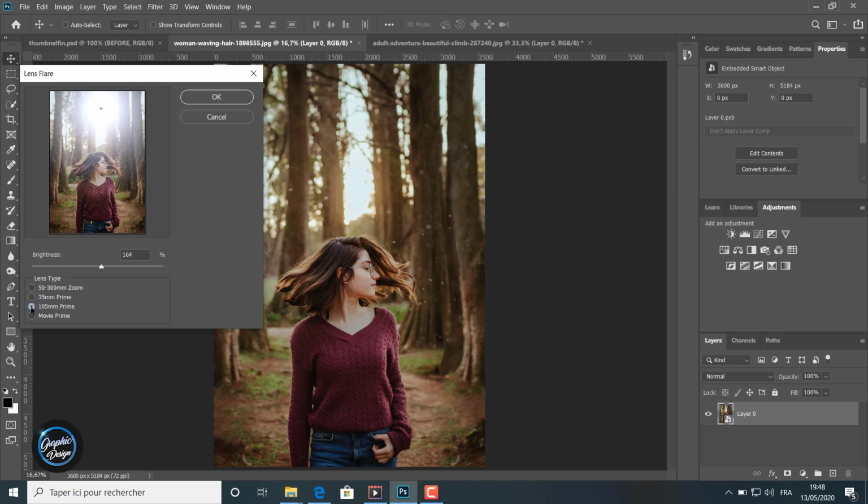We can change also. We have here 4 kinds of lens flare we can choose from. We change the form of the lens flare. We can change also the brightness. We can move the position of the lens flare where we want. We can choose this third one,